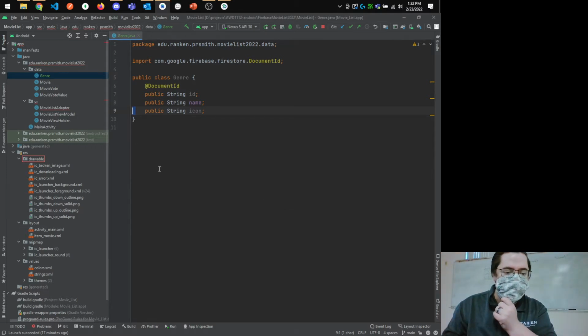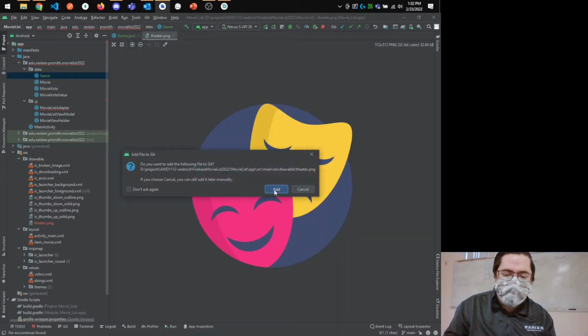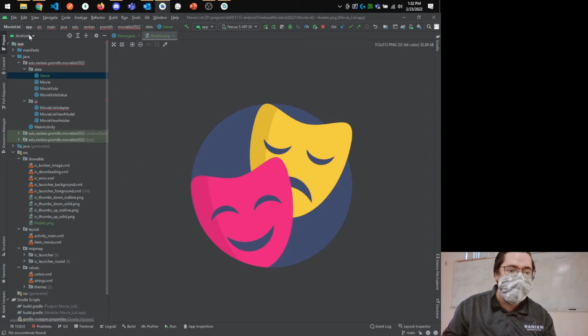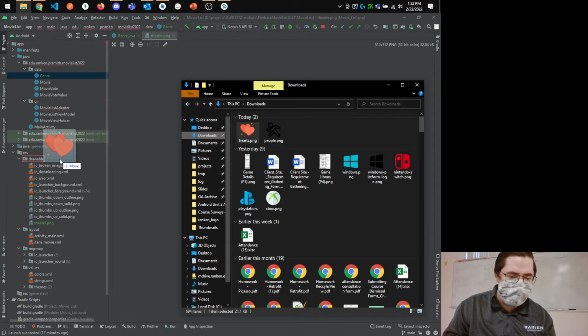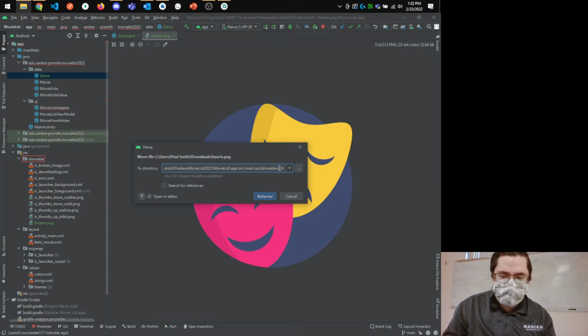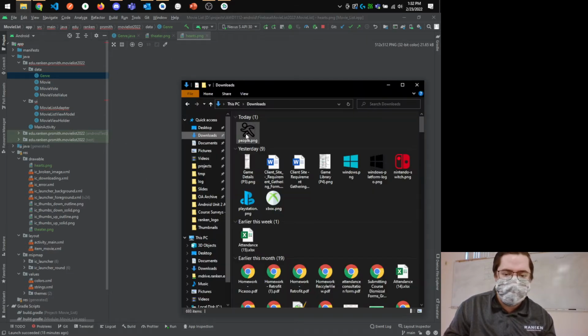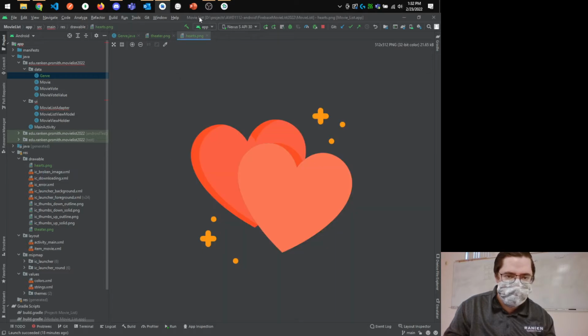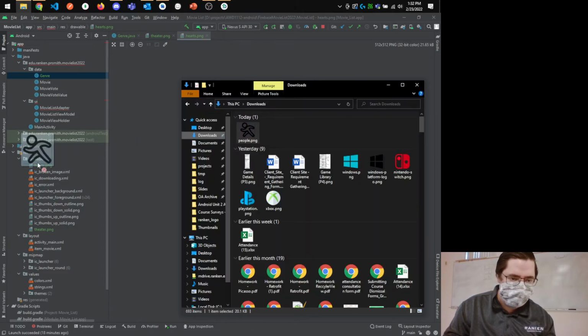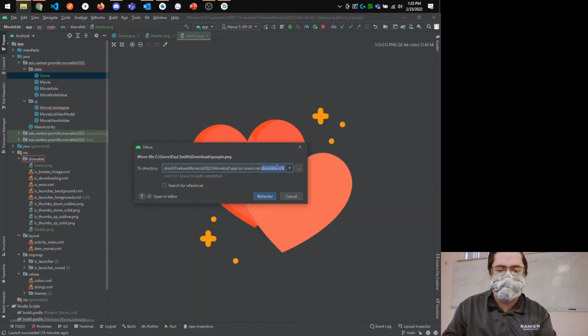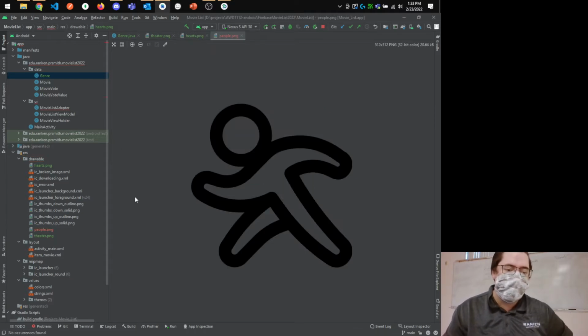So Drawable 24, or just Drawable, add, and I want to drag in hearts. Add, and drag in people, there it goes. Make sure it goes to just Drawable. Cool. All right, so I've got hearts,